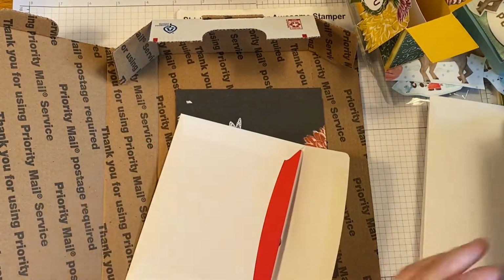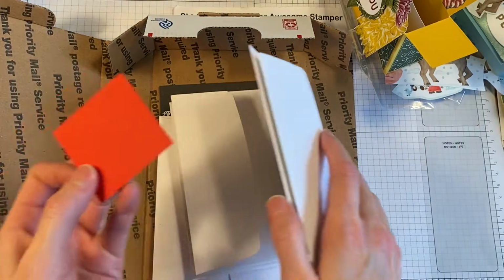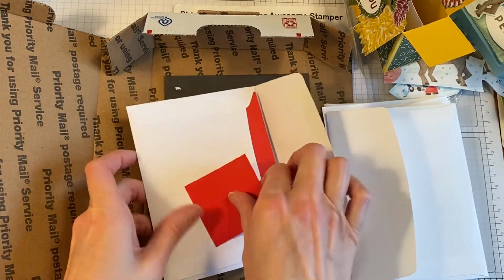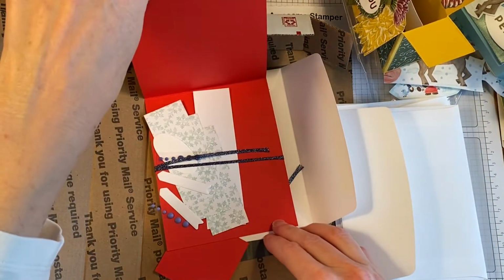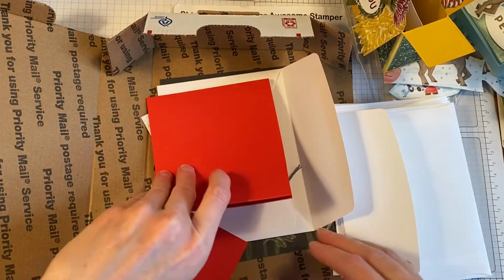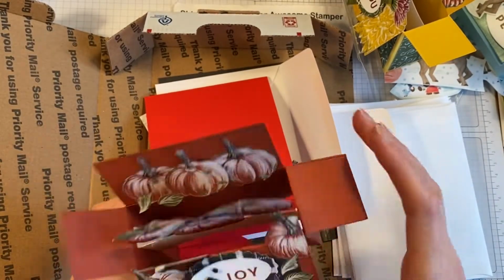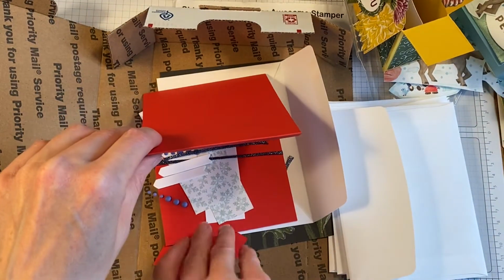You will have in your kit, tucked in your envelopes. Did you see where I pulled that out? I did not find this Poppy Parade piece of cardstock in my stash until after I prepped all the kits and stuffed them in boxes. But when I was prepping kits, let me pull this one out. I included a black piece of cardstock somewhere. Oh, I think I put the black piece of cardstock in with this one. So yes, black piece of cardstock went in with the pumpkin one. This Poppy Parade one,